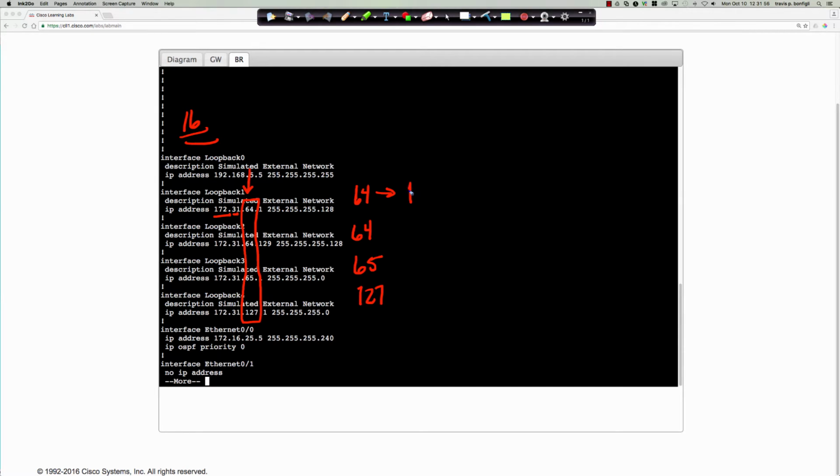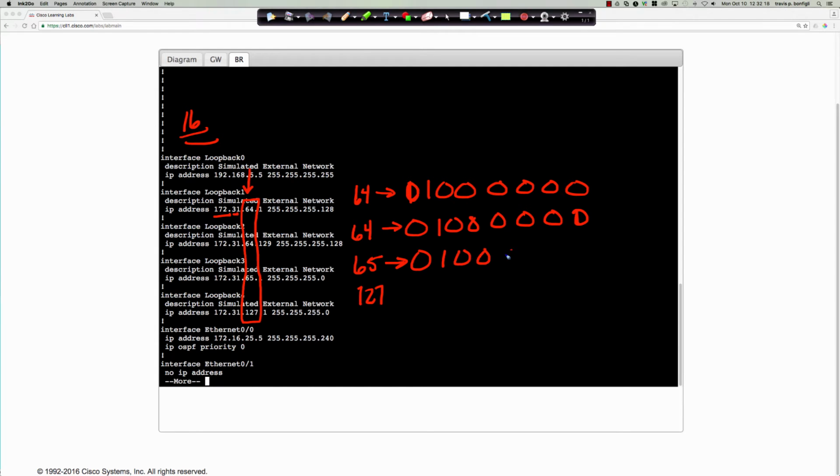So 64 is going to be 0, 1, and then all zeros. 65 is going to be 0, 1, 0, 0, 0, 0, 0, 1. And then 127, right, it wouldn't be here, because that's 128. So it's going to be 0, and then 64, 32 is 96, and 16 is 112, 120,